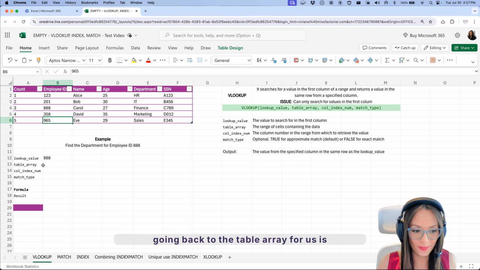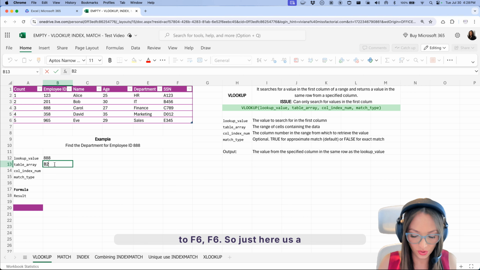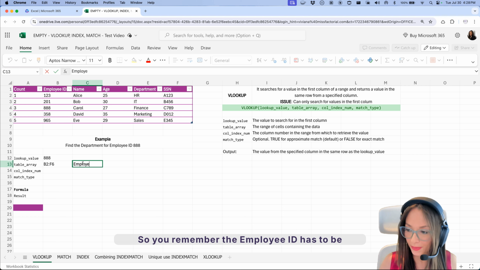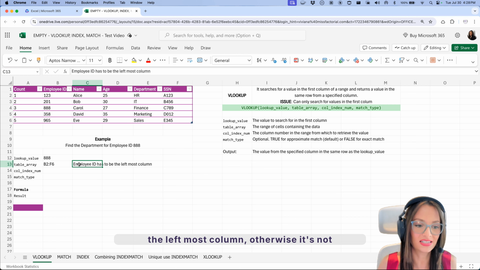Anyways, so going back to the table array, for us is going to be from B2, which is this first value, and the last value of our range happens on F6. So let's do that, B2 to F6. So just here as a little note, so you remember, the employee ID has to be the leftmost column. Otherwise, it's not going to work, because this value that we're going to search for should be in the leftmost